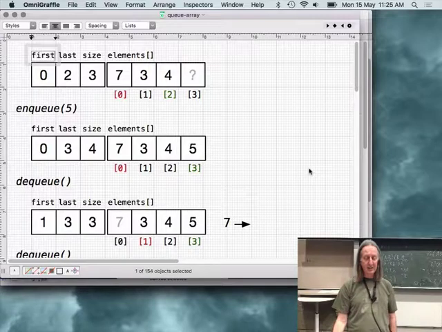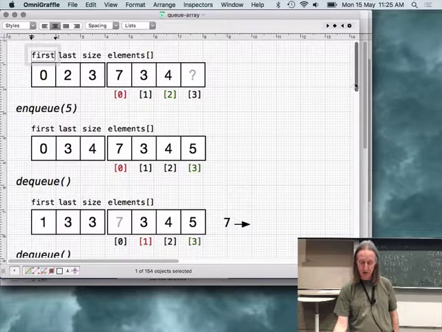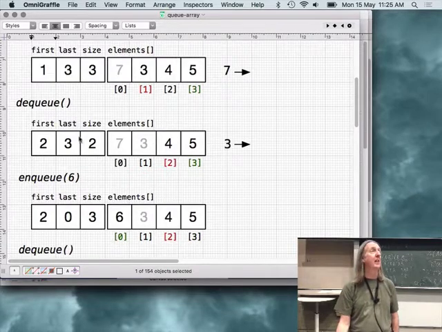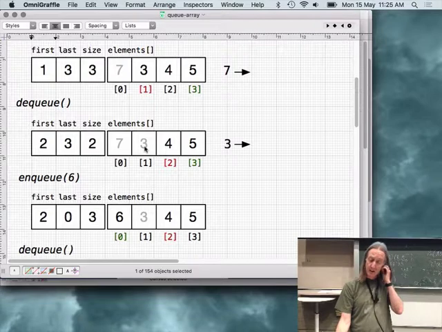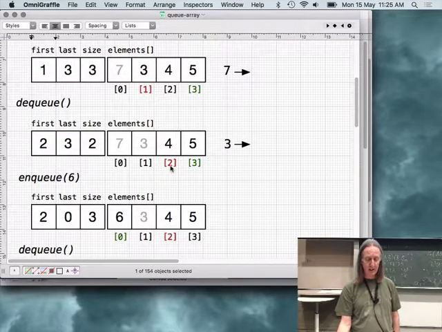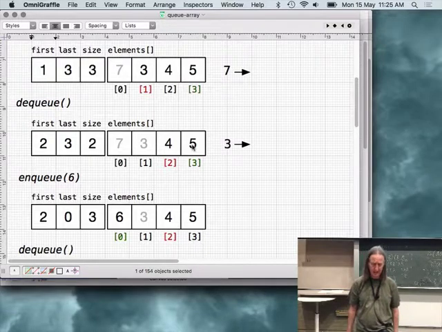And we can see 7 comes out and gets used somewhere in the program. If we then dequeue another item, we take the one at the head of the queue, which is 3. The size of the queue reduces again down to 2. The head of the queue moves along by 1 position, so that becomes the new head. The tail of the queue is still there.